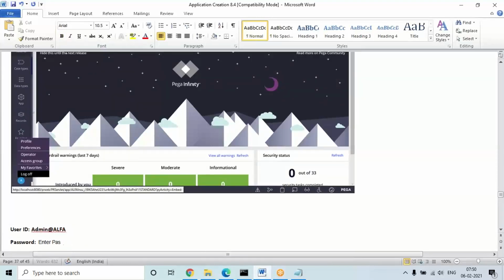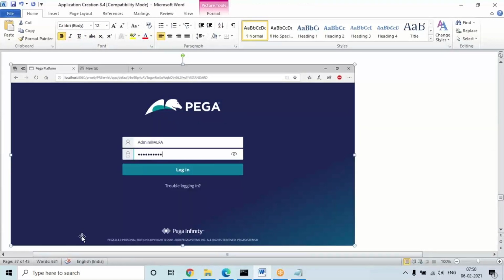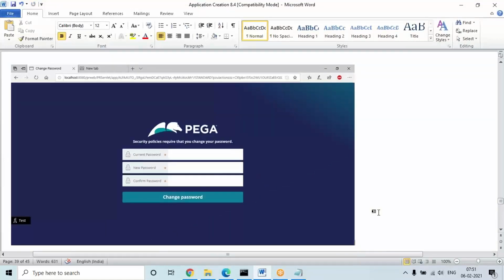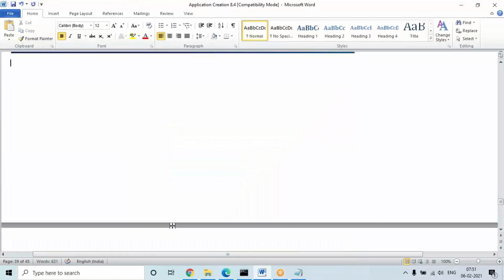So now you can give the password here as rules, because that is the password generated for the framework application earlier. So the updated password I have taken is rules. So enter the password as rules. Maybe here it will show like this, but in your system you have to give the password as rules, guys. Maybe it is showing this many characters because here it is updated with a new one. But in your screen, when you are giving this password, according to the earlier statement, give the password as rules. Okay, this is all not required. This screen is not required.